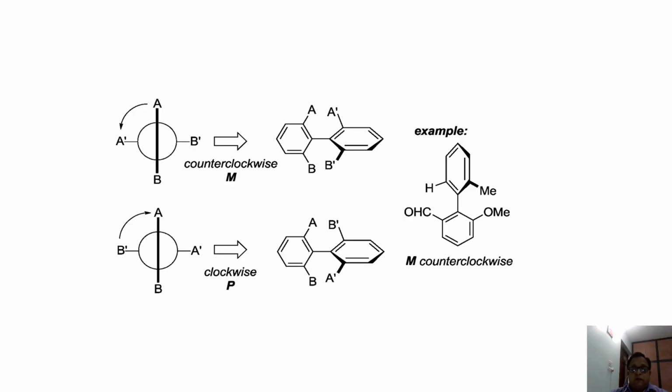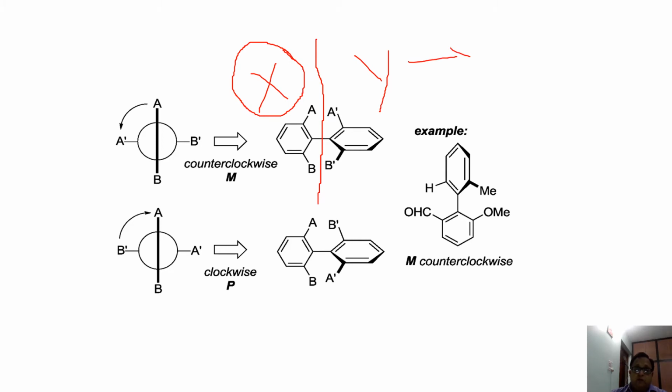In order to simplify the configurational assignment, let's divide this whole procedure into steps. In the first step, divide the whole molecule into two parts, part X and part Y. In the second step, decide which part is near to the viewer and which is away from the viewer. For this example, let's consider X is nearer to the viewer and Y is away from the viewer.